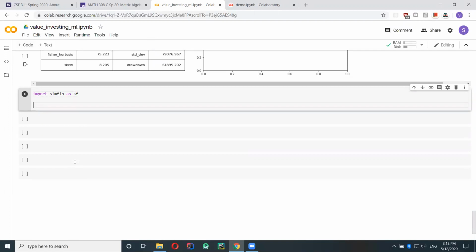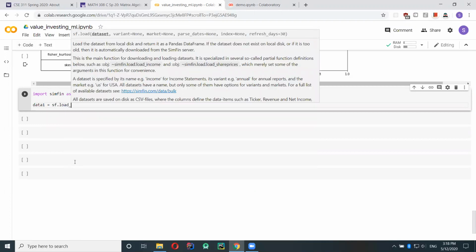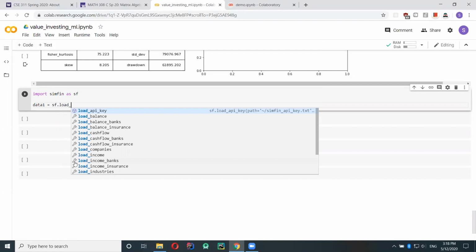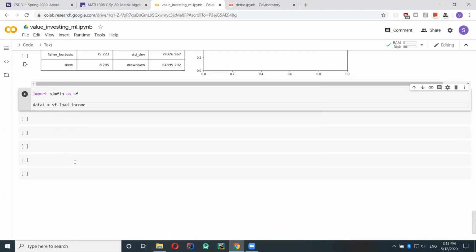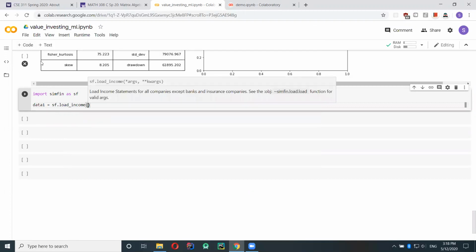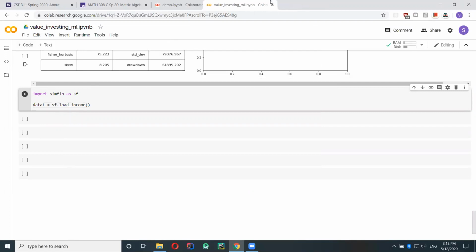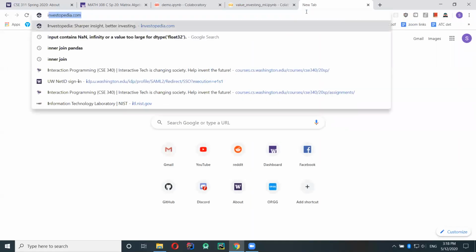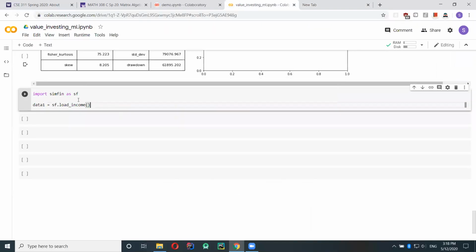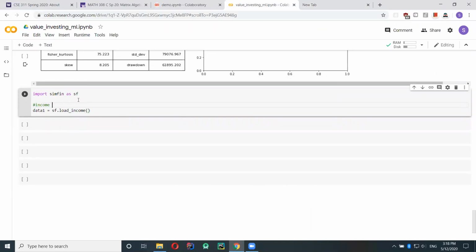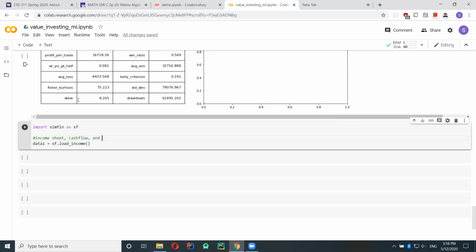Okay, so let's load some data. That's what we're going to do. sf.load, so load income. There's three sheets in fundamental investing. There's usually three sheets that you look at: the income sheet, the cash flow sheet, and the balance sheet.